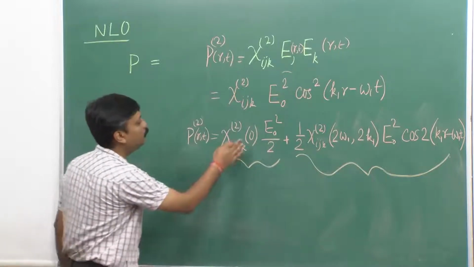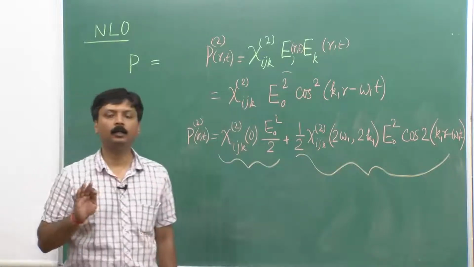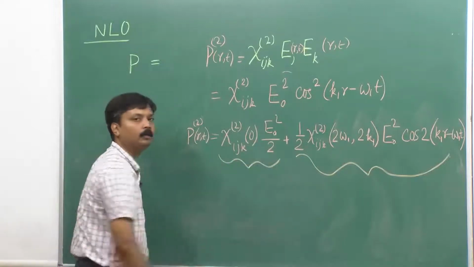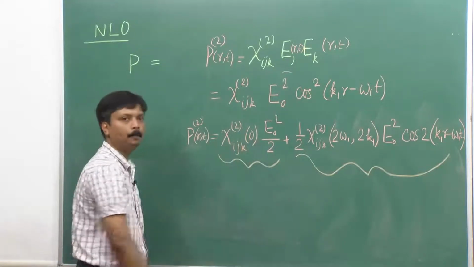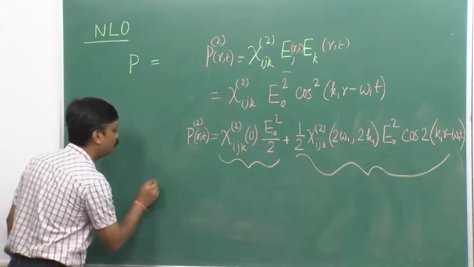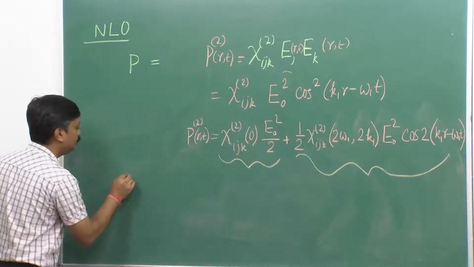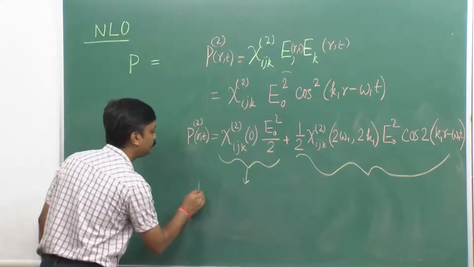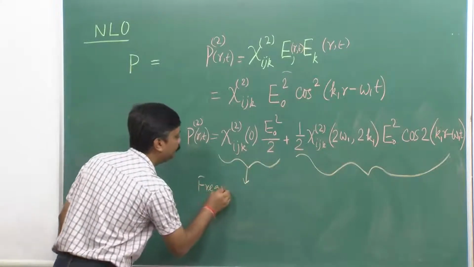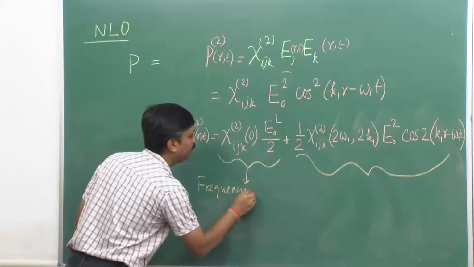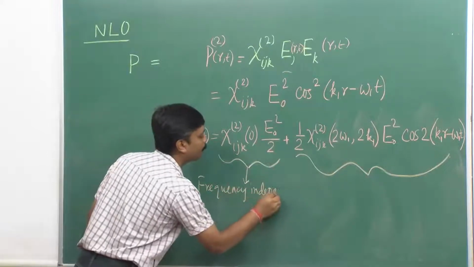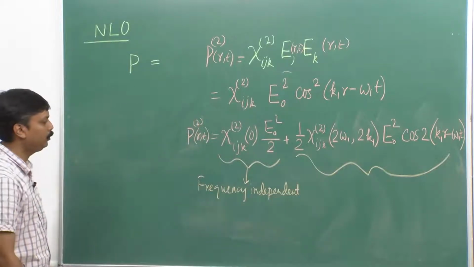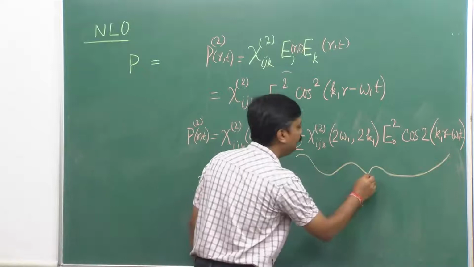The first one is frequency independent, okay, that is why this is 0. So there are two parts coming from this equation. This one is frequency independent,